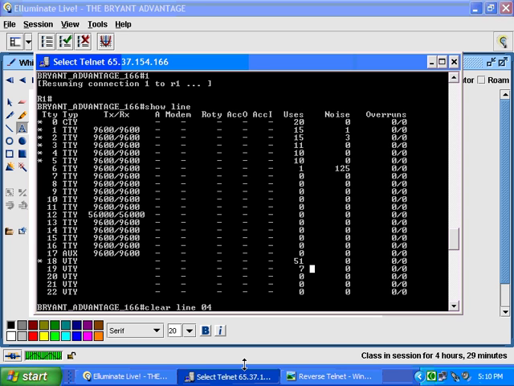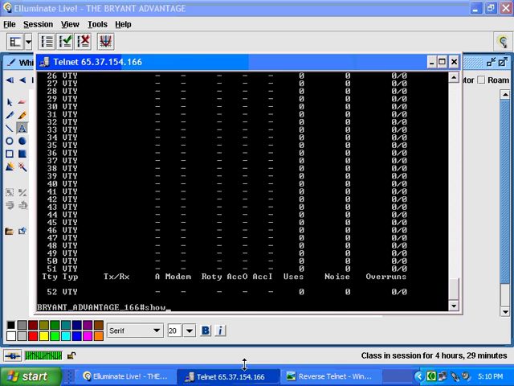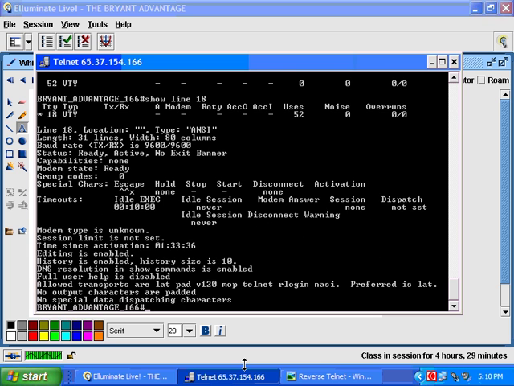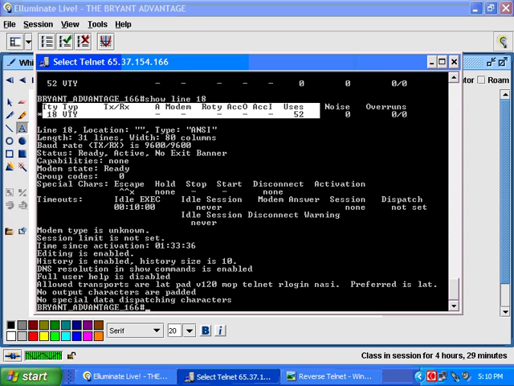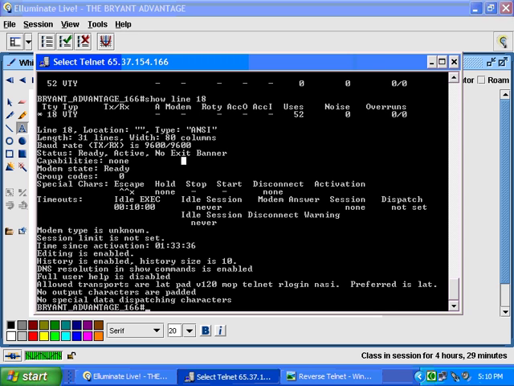And what we can do, let's look at the detailed information for one of these lines, and we're gonna pick line 18 since that's the line we're telnetted in, and we can do that with show line 18 or whatever that number is. I'm gonna tell you point blank, there's probably more information here than you would ever want to know. You could see the information here that we had already looked at, the uses and that kind of thing. You can see the baud rate. You can see the status,